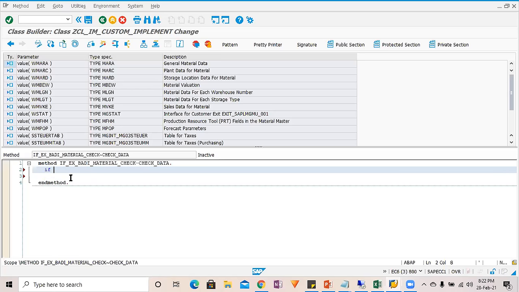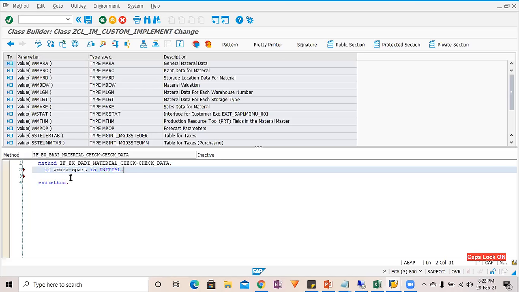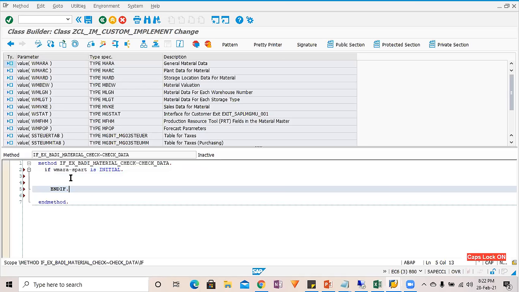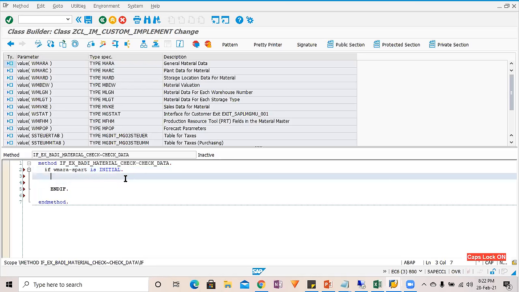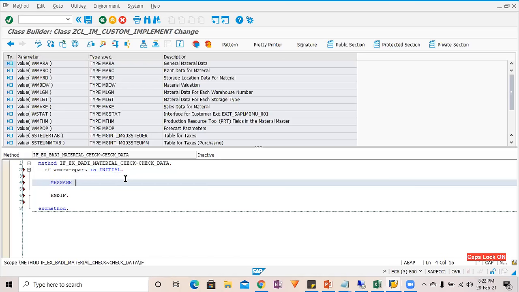So you can write: if W Mara hyphen SPART is initial. What is the meaning of is initial? It means blank. If the division value coming from the screen is initial, that means blank, then give the error message,